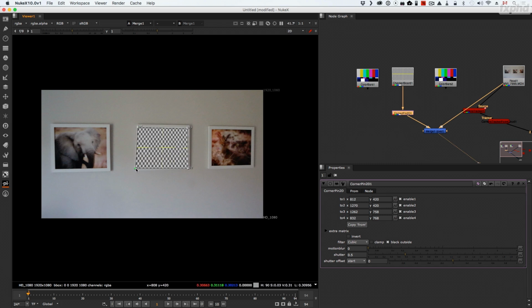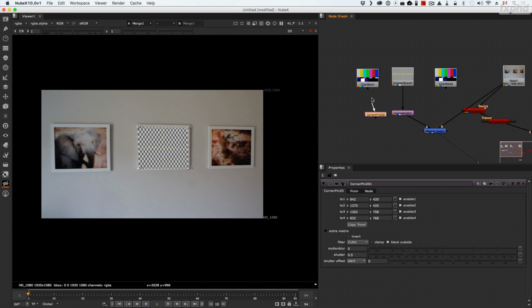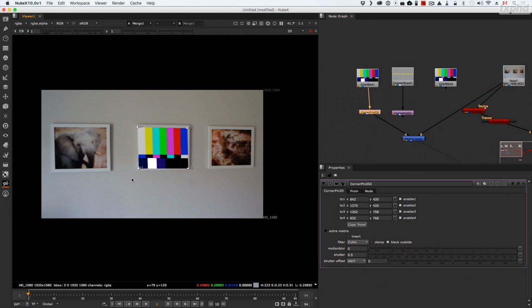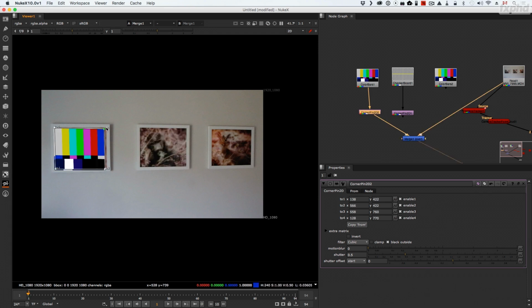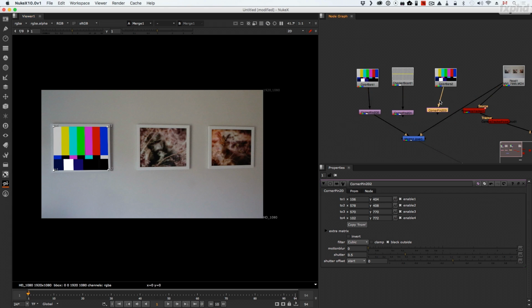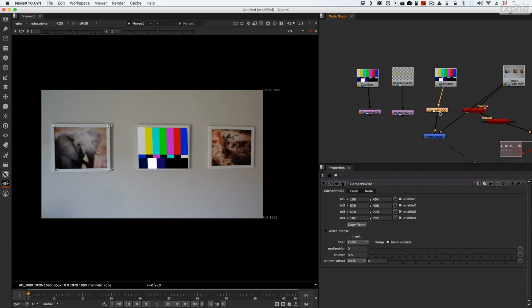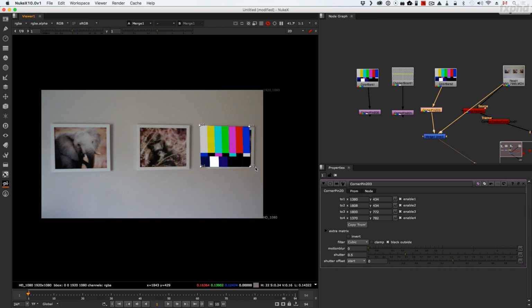So let's say that for this one we're good. Then we'll just duplicate this corner pin, connect the merge to this corner pin so that we can place this image. Then we'll move it to the left here. Just refine some of the corners. And we'll do the same thing for the other image. Just take this and move it here. Okay, so let's say that